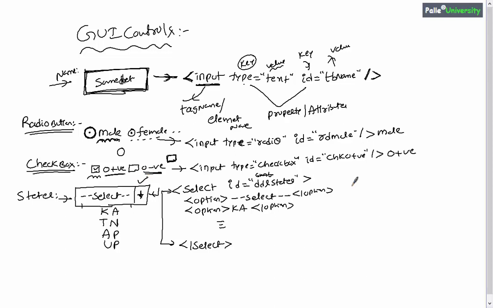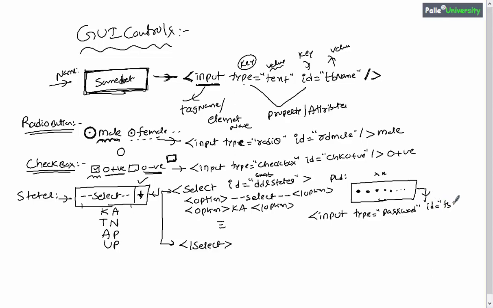Now let me try to explain how to create a password text box. In many cases, while using web applications, you would have definitely observed password text boxes. When you are typing some content, in general it will display either dots or maybe star marks. It will not display the original data which you have typed into the text box. Now the question is how to create such password text boxes. It is simple. You should write input type equals password, and again you can write id equals tb pwd.